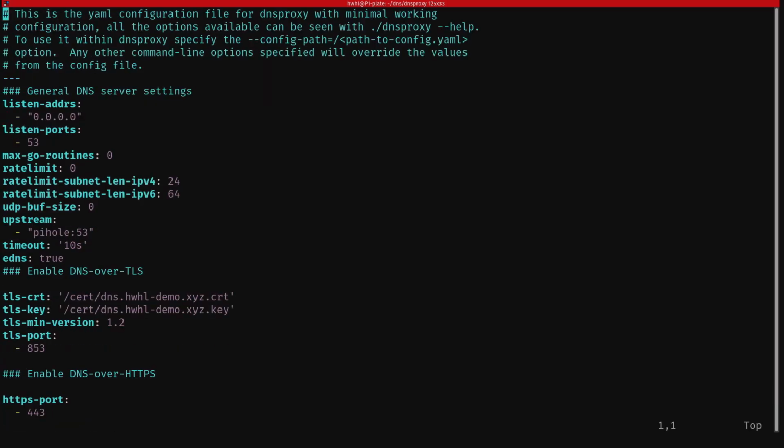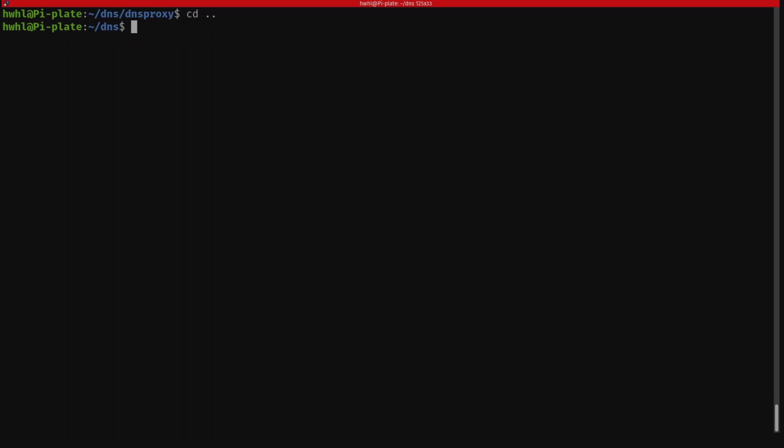config.yaml. So I've pasted my config file in here. It's pretty much the same as the install on Debian. The only difference is I've still got the listening port on 53. It's not exposed, so that doesn't really matter. On the upstream, it's going to talk to the Pi-hole container through the Docker network, so there won't be any traffic leaving the host. And then the certs. I've moved the bind mount to the root cert directory, so that is the only thing that's different. I'll move up a directory and we'll try running this again